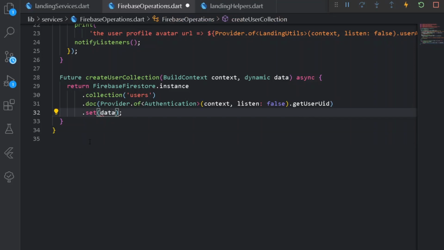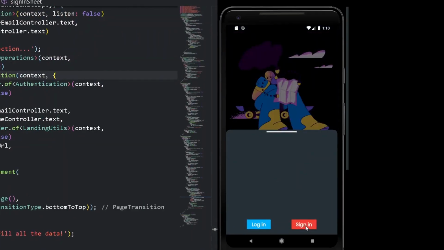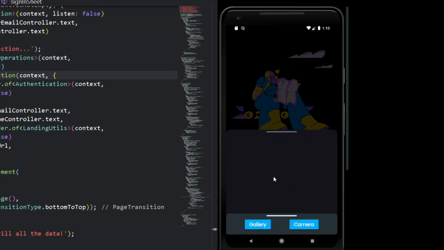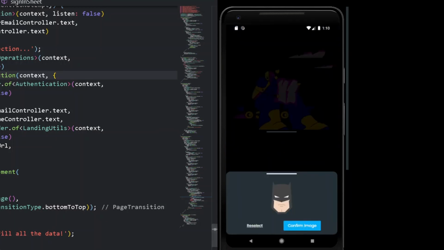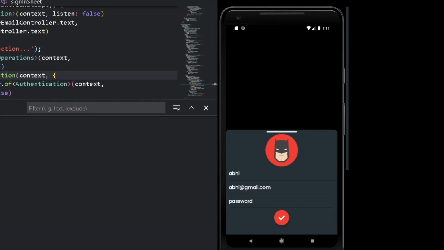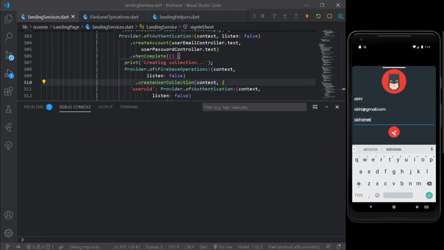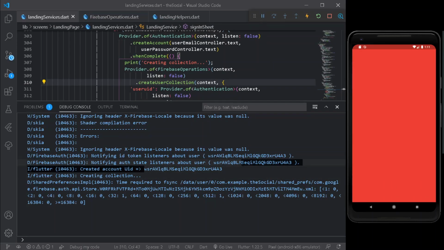So now before trying out, you can move under Firebase operations, and here under set data we can set data, because we are not setting data, it's only data written here. So now we can simply open the following sheet, sign in, gallery, Batman, confirm image. Let's check whether we are getting our URL, image uploaded, we are getting our profile avatar URL. Alright, let's fill all the data. Let's have a password. So under password, let me have a password, no worries. So now let's create it out and simply press OK. Alright, we are getting a user UID.